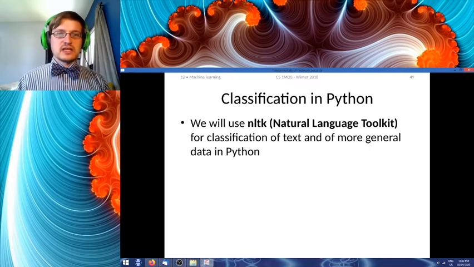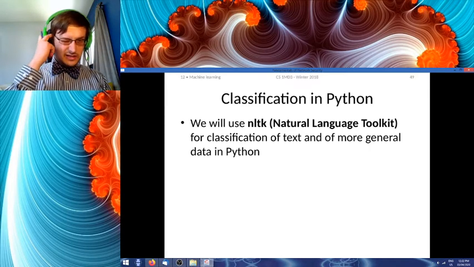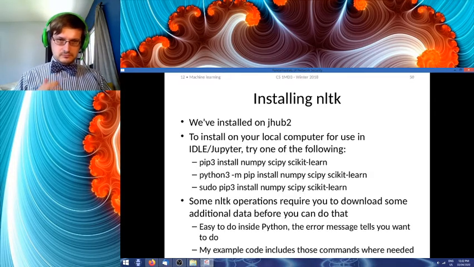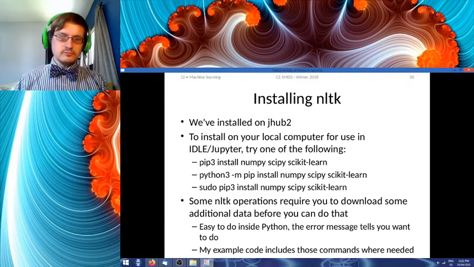We're going to be using the Natural Language Toolkit, which is a thing that you can get in Python. So, it's on JHub2. If you would like to install it, you would use any of the following commands.